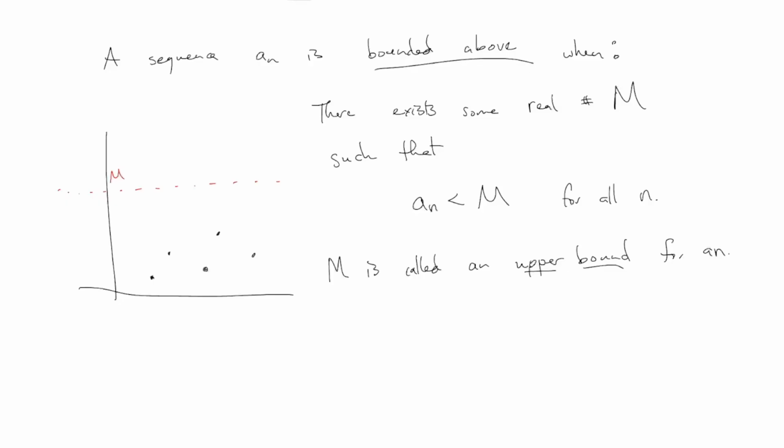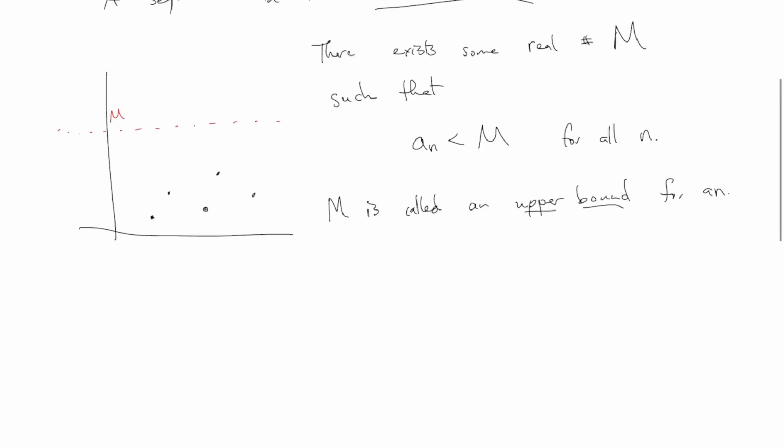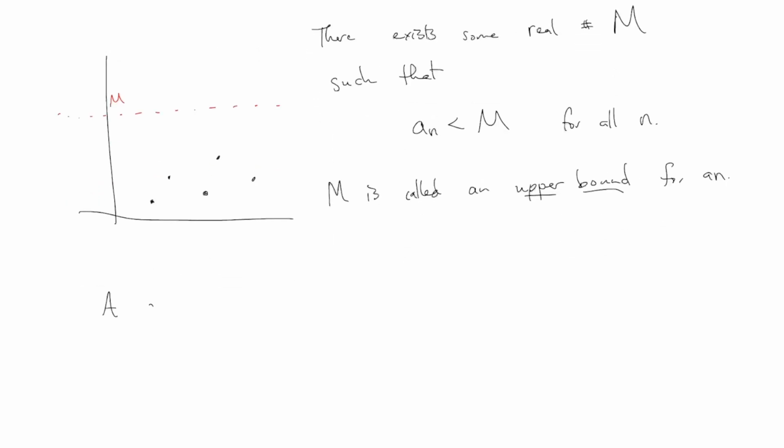There's also bounded below, which I think everybody can tell. Actually, the sequence that I put here also looks like it's bounded below. That means you can put a number down here such that everything is above that number. So I'm going to write that also. This is no surprise. We say a sequence a_n is bounded below when there exists